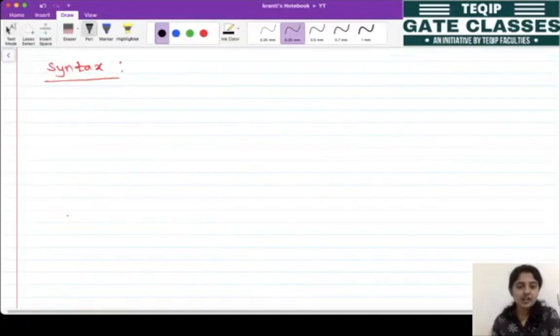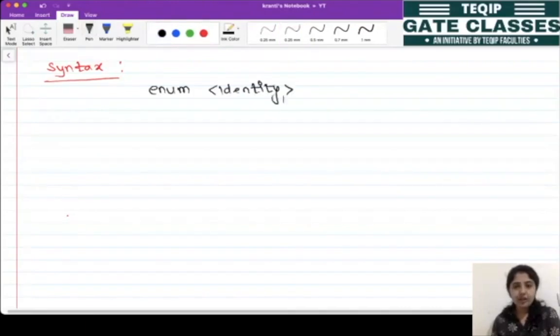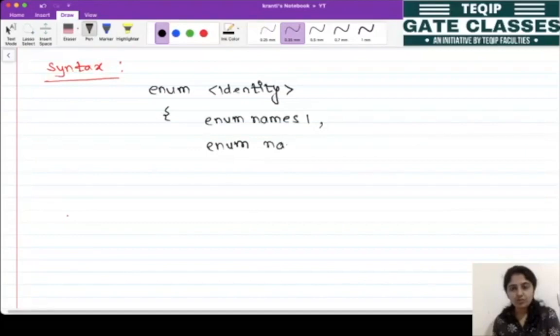Let's see the syntax to declare the enum, the user defined data type. First we have to write the keyword enum, then the identity. Then inside the curly bracket we have to supply some enum names. So let's say this is our enum name 1, comma, this is enum name 2, and so on.